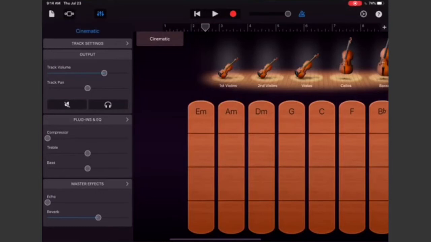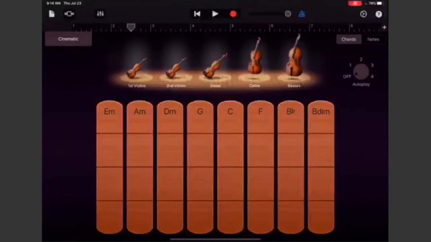Yes. Okay. All right. So I can go and change the levels there. And then I have my little rewind that will take my playhead all the way back to the beginning, first bar. That is very important, especially if you're going to be layering in a little bit. It is important to do if you want to start at the beginning of your project. Next to that is play, and then next to that is record.